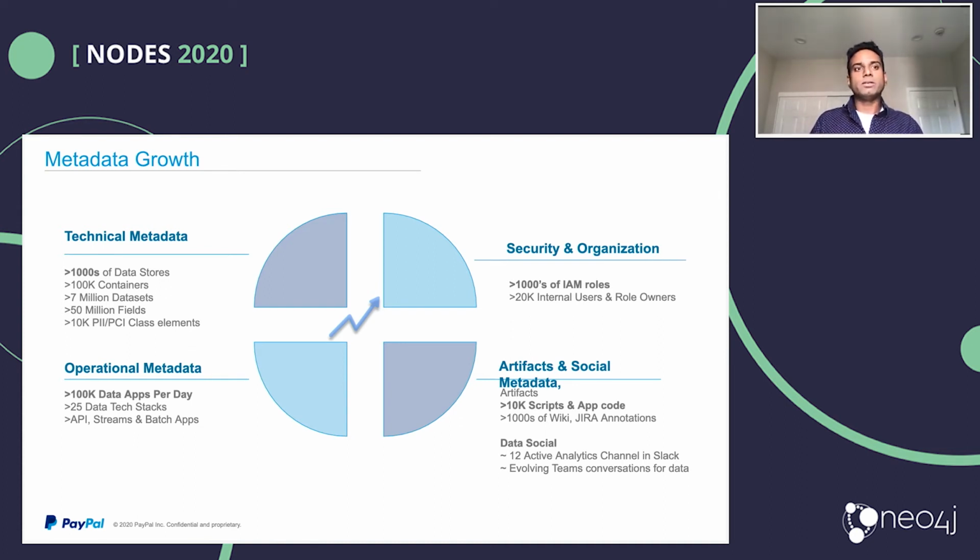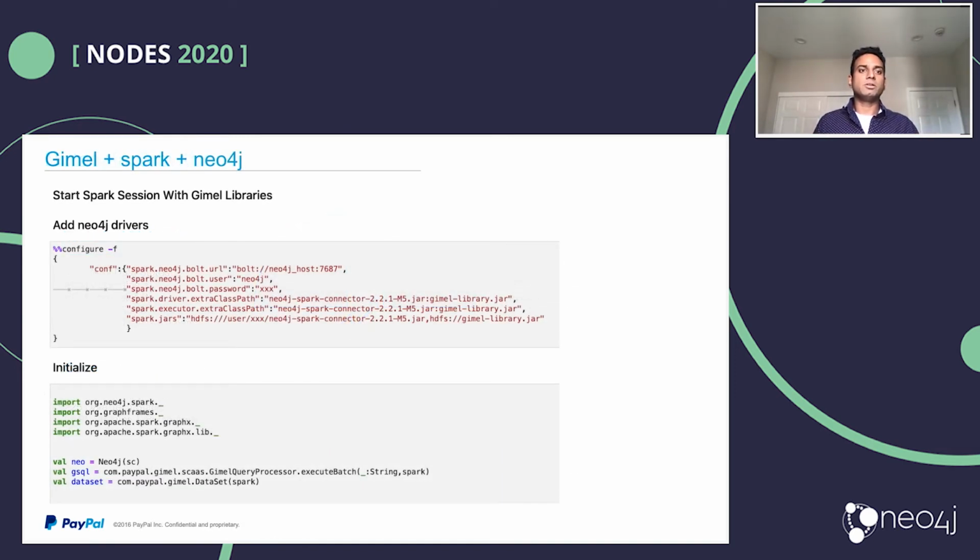So here's an example of how we can use the Neo4j connector and Gimel connector to connect the dots by processing data in Apache Spark. The first snippet should give us an idea of how to start a Spark application with Gimel and Neo4j connectors. And this is the unified data API that we call in Gimel. Here is a Scala Spark snippet. We're initiating a data set, which is the unified API. And we will be seeing soon how this data set can be used to read and write data.